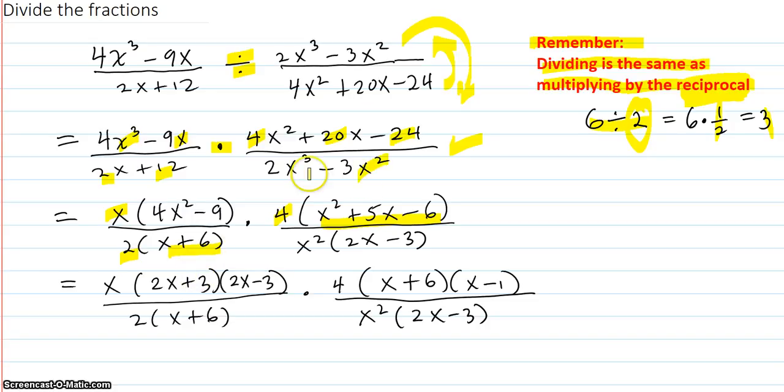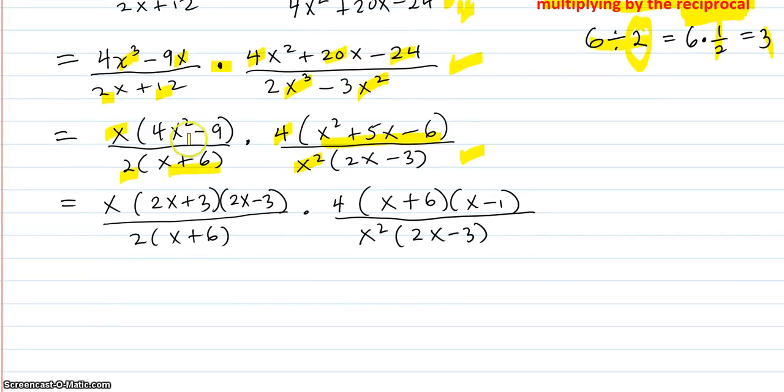And here an x squared can be factored out. So factor out an x squared, and you're left with 2x minus 3 in there. Then come down here. You factor this as a difference of two squares: 2x plus 3, 2x minus 3. Factor this trinomial as x plus 6, x minus 6. And now you're ready to